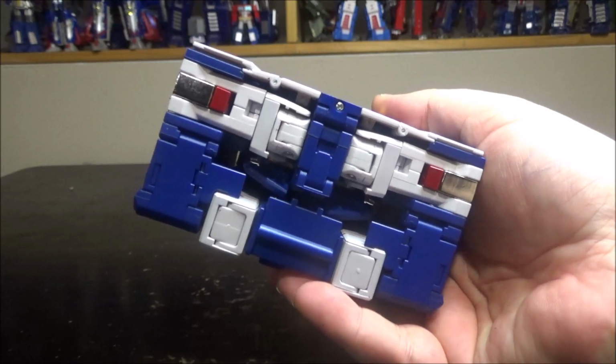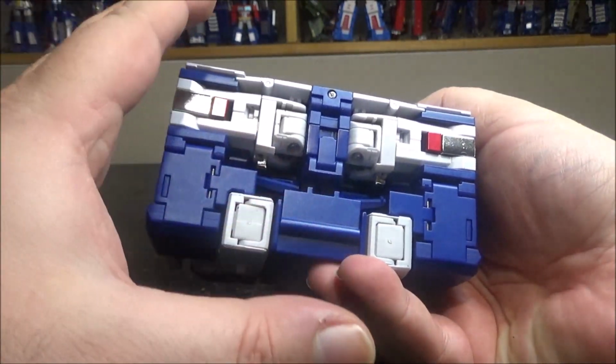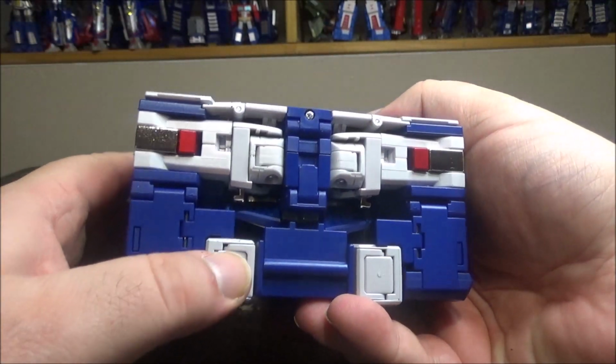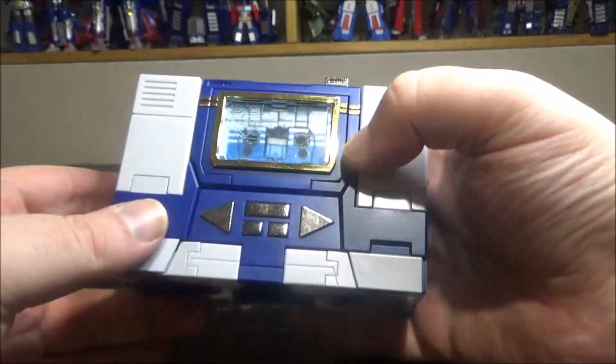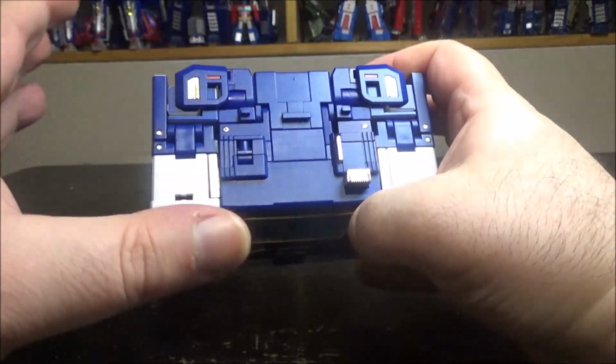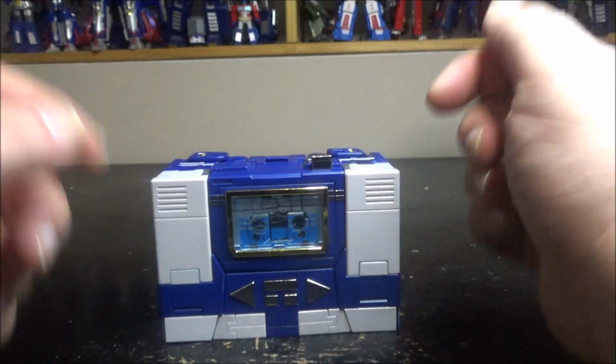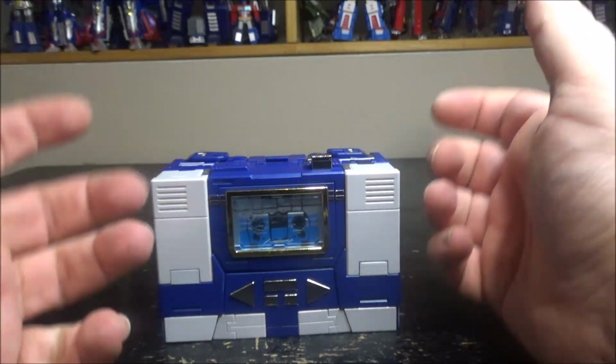It's just such a figure. The transformation is fun. It's complex, but it's fun. Even though there are squeaky parts everywhere, I don't feel like I'm gonna break it. It's just so great. There are just some tolerance issues here and there, but it's not that bad. So yeah, I keep rambling on, but